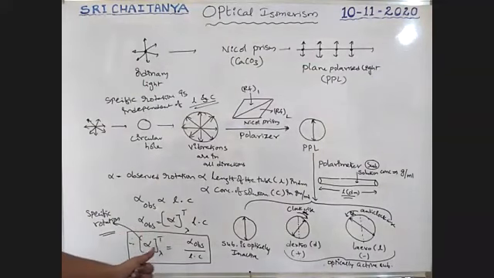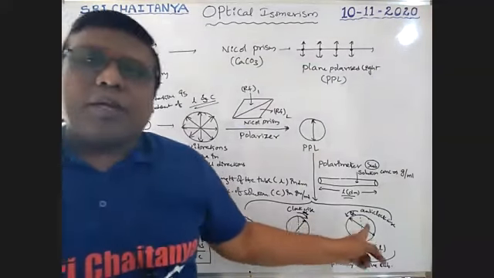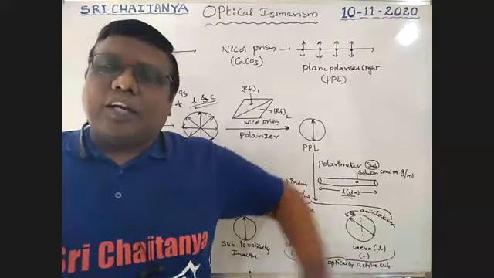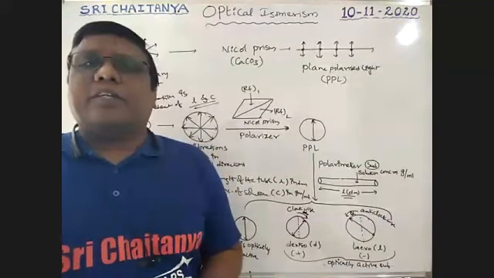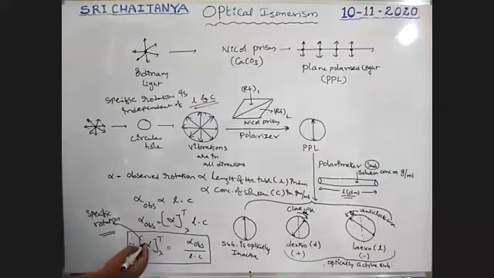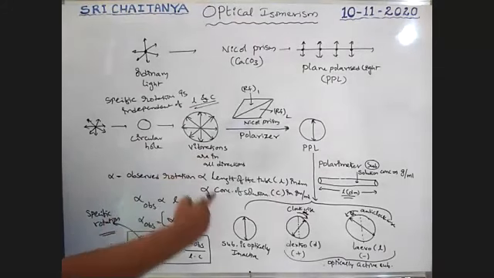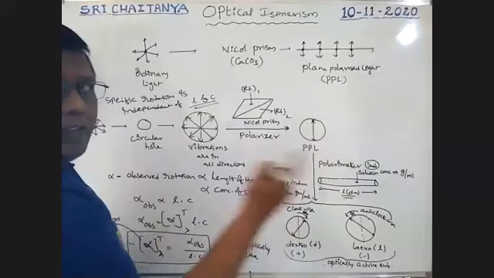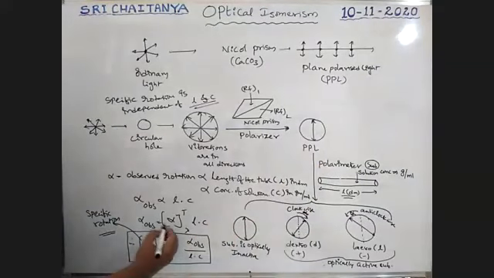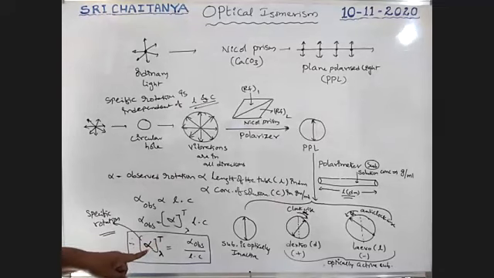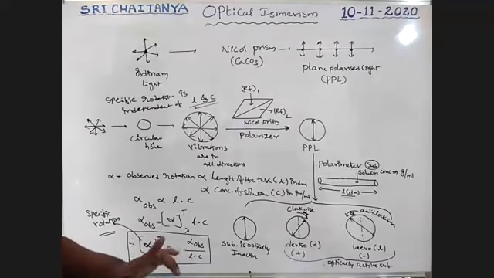we can calculate the specific rotation, how much rotation is taking place. That specific rotation we will calculate. That is very, very important. Therefore, alpha, at a particular lambda, which is the wavelength of light passing into the polarimeter, that is plane polarized light, at a particular temperature T. That means the alpha value, that is the specific rotation, depends on wavelength and temperature, but it does not depend on L and C. That is specific rotation.